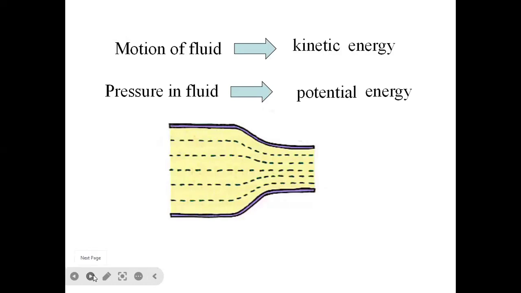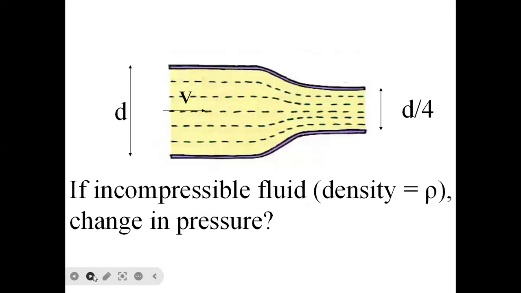So we have to remember these two concepts. Now kinetic energy plus potential energy must be constant. So for this principle, if incompressible fluid density rho, change in pressure, okay. So if the diameter becomes 1/4 of the diameter, then